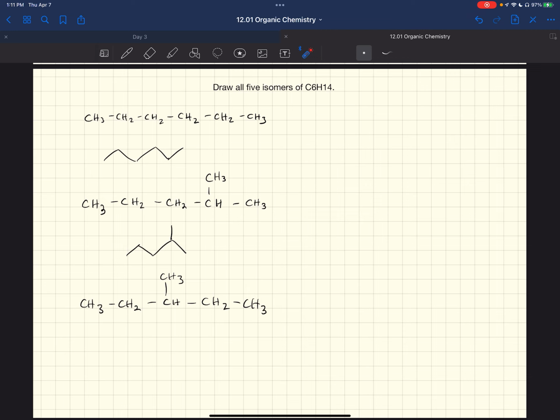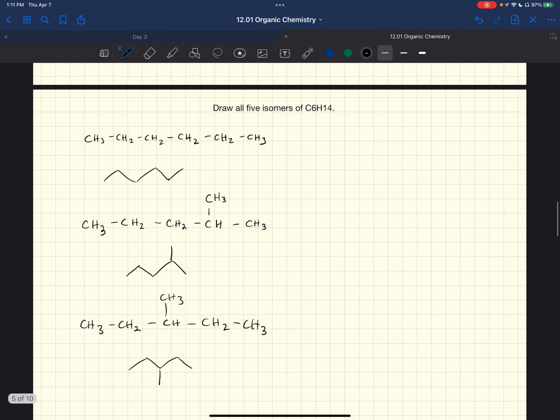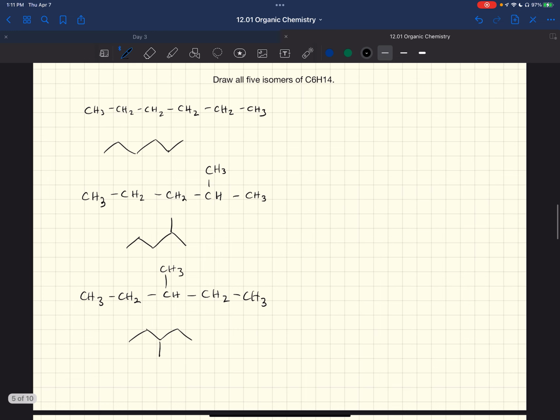Okay, this is now a different compound. Instead of this carbon branching off the 2nd carbon from the right, it's now branching off the 3rd carbon from the right. This is a different structure. There's the line, it's a different structure. But what about this one? What if I try to do then